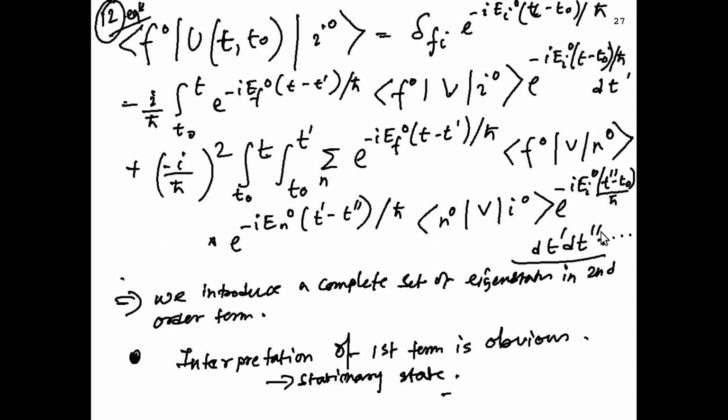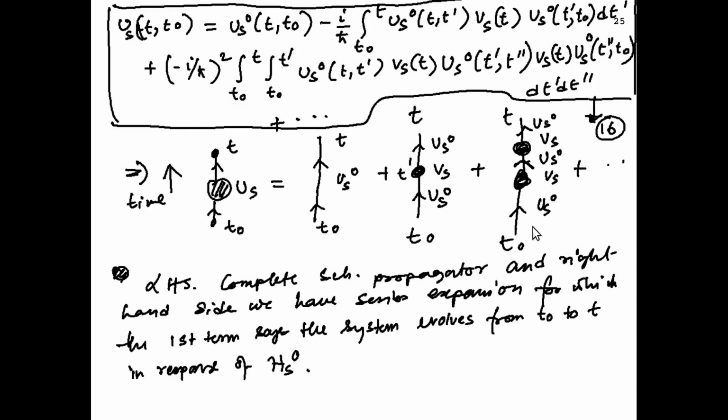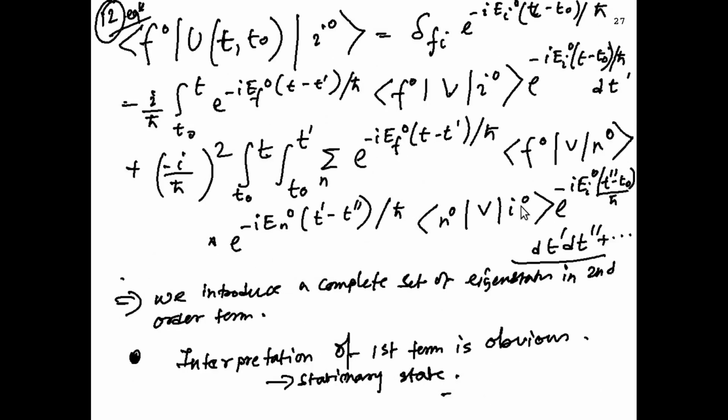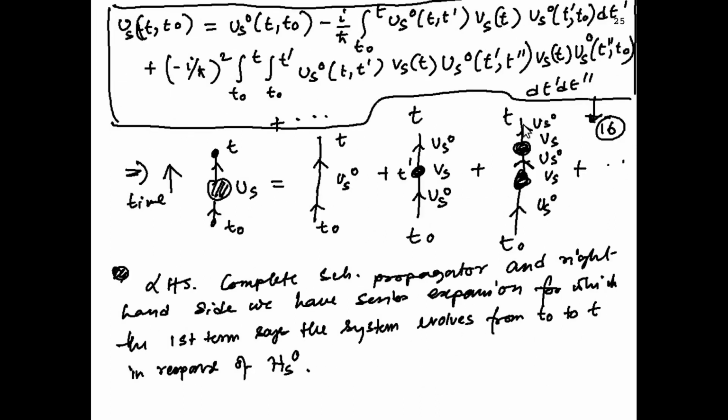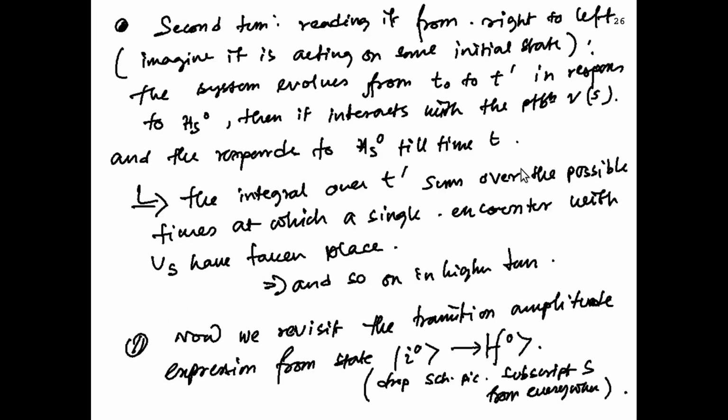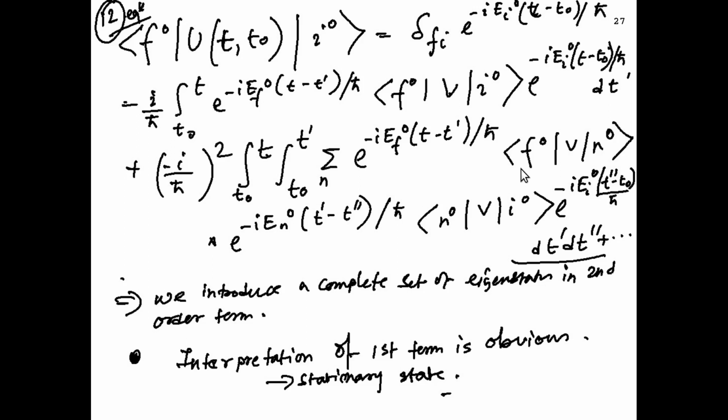One is I0, which takes it from the first. Again, go back to the diagram. One comes from here, one comes from here, one comes from here. So they are given by I0, N0 and F0. So three free propagations, and twice it meets a scattering. The way to interpret it is that the system first jumps into a virtual state, and then it jumps into the final, desired state, and that is how you compute the probability.